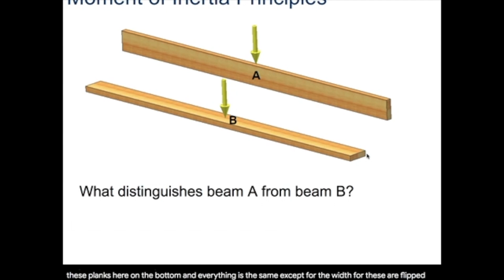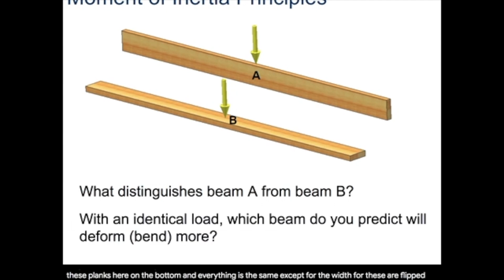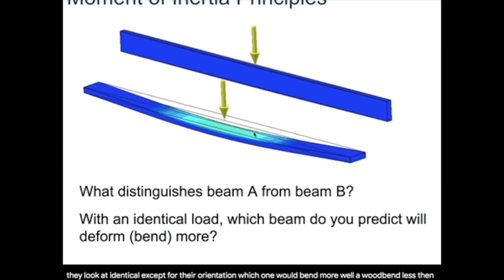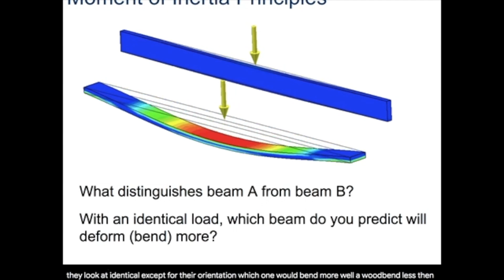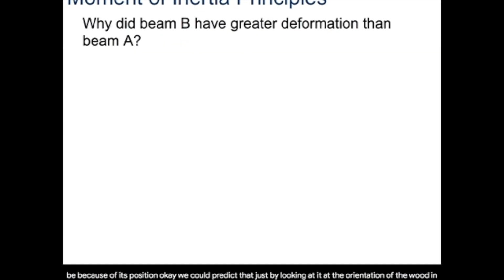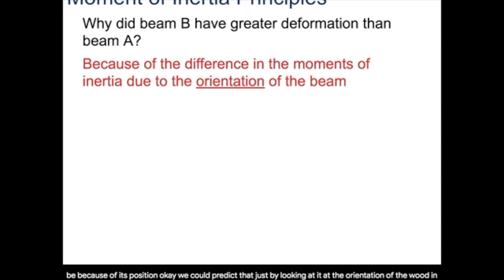If we calculate the moment of inertia, these look identical except for their orientation. Which one would bend more? Well, A would bend less than B because of its position. Okay, we could predict that just by looking at the orientation of the wood in these two examples. B had a greater deformation because of the difference in the moment of inertia, and that was based on the